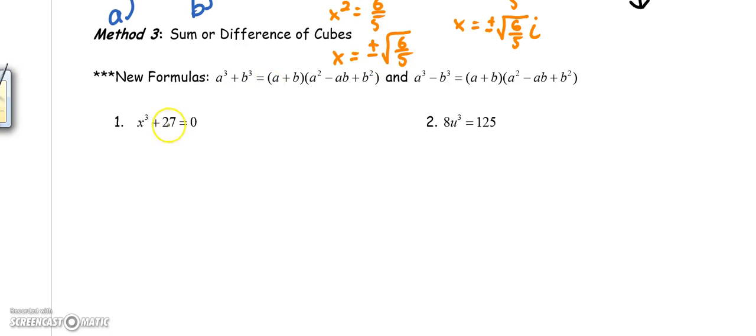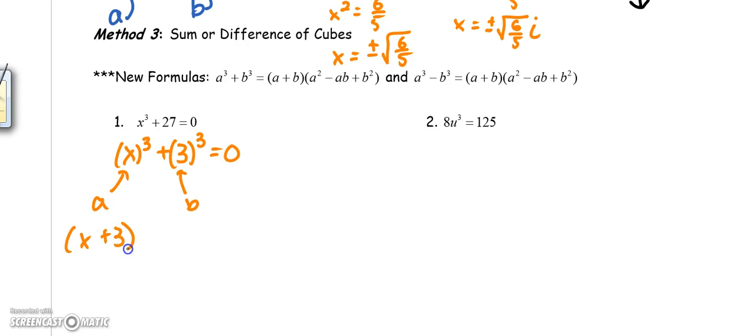I'm going to rewrite each term as something cubed. So this would be x cubed, and 27 is 3 cubed. So now this matches our pattern. This is A and this is B. So I have x plus 3, I'm following this pattern up here, times,